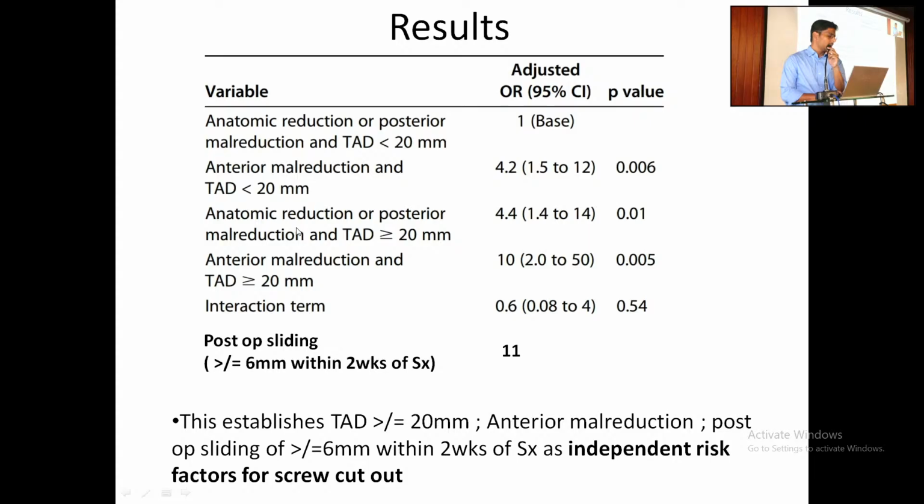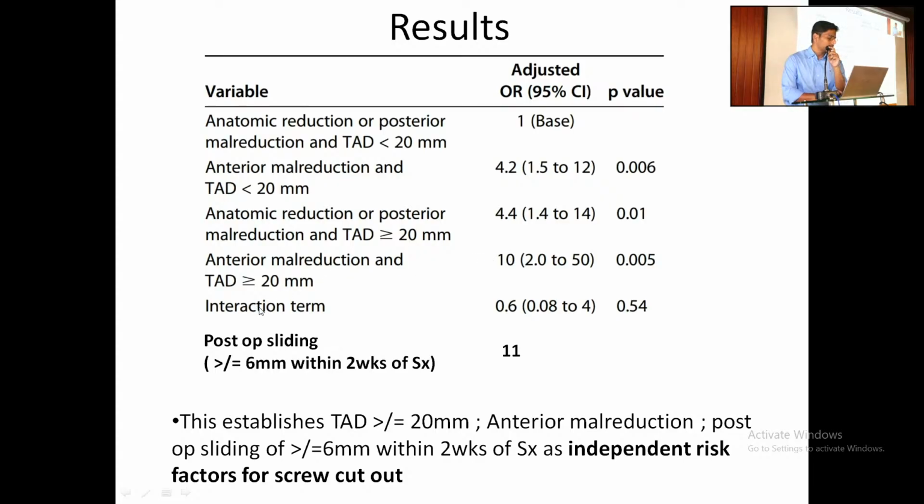Similarly, anatomic reduction and posterior malreduction with a greater TAD is also shown to have a positive association with lag screw cutout. And patients with both anterior malreduction and TAD greater than 20 are shown to have a greater association, about 10, which is a very strong association. So this information shows that anterior malreduction and TAD greater than 20 are independent risk factors,